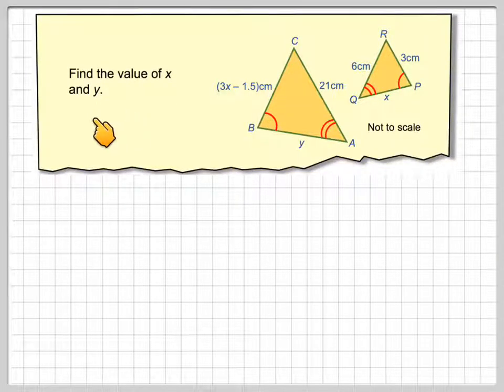Find the value of x and y. So what we've got here is two triangles, and we're probably going to use similar triangles. I'm going to show these triangles are similar. Now one of the problems is that this triangle is this way round and the other triangle is the other